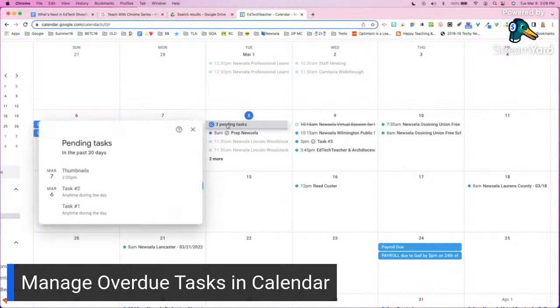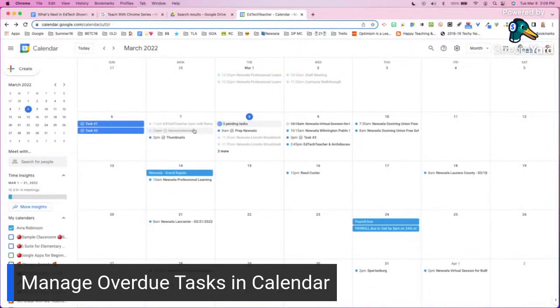And if I click on this, then I'm going to get this little card here that shows me that, hey, I haven't completed those yet, as well as I haven't finished my thumbnails for YouTube that I wanted to finish yesterday. So this has just been a really nice kind of task management feature for me. Loving that these tasks now get carried over, right? So that way then if I don't get my work done, it's not going to disappear on me, which has just been kind of a nice organizational feature.